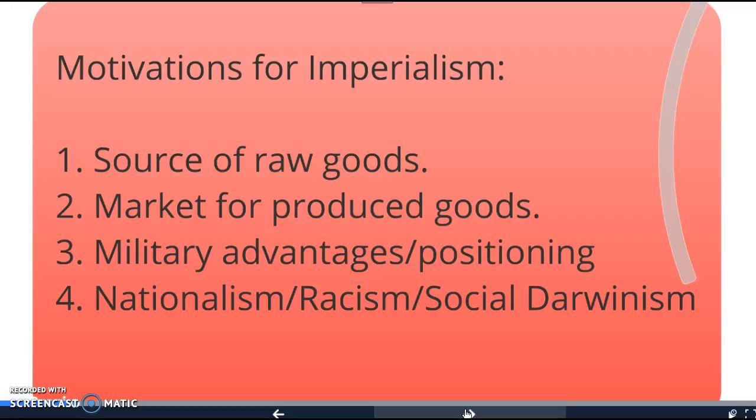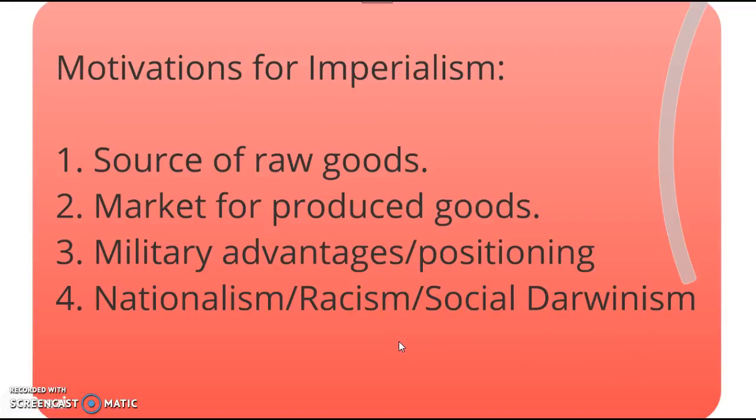Or you might want to have a place that can provide some military support when you need it. And then the fourth reason, these are all sort of a combination. The idea at the time was called social Darwinism. It was the idea that it's okay for you to take over because, according to nature, the fittest